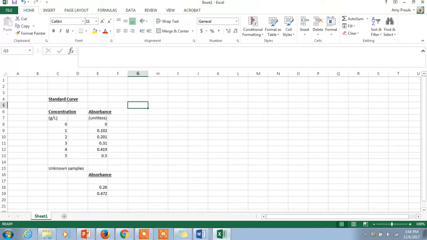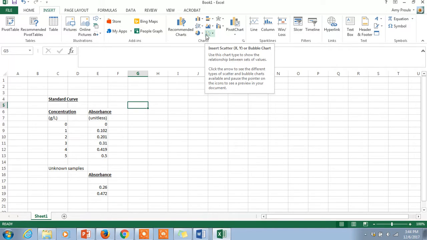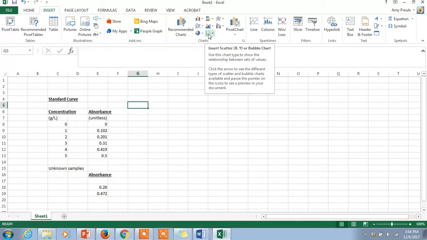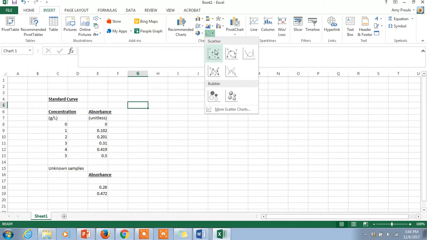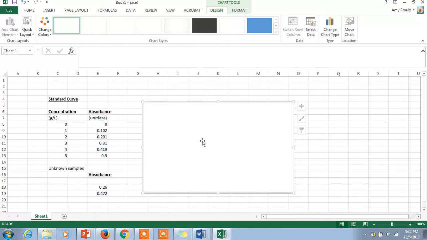So I'm going to make a graph. And so we've got a whole pile of different types of graphs here. I want to make sure this is an XY graph because I need to figure out the relationship between my absorbance units and my concentration units. So it needs to be an XY graph and not a line graph, even though it's going to look like a line graph. So let's put in an XY graph,